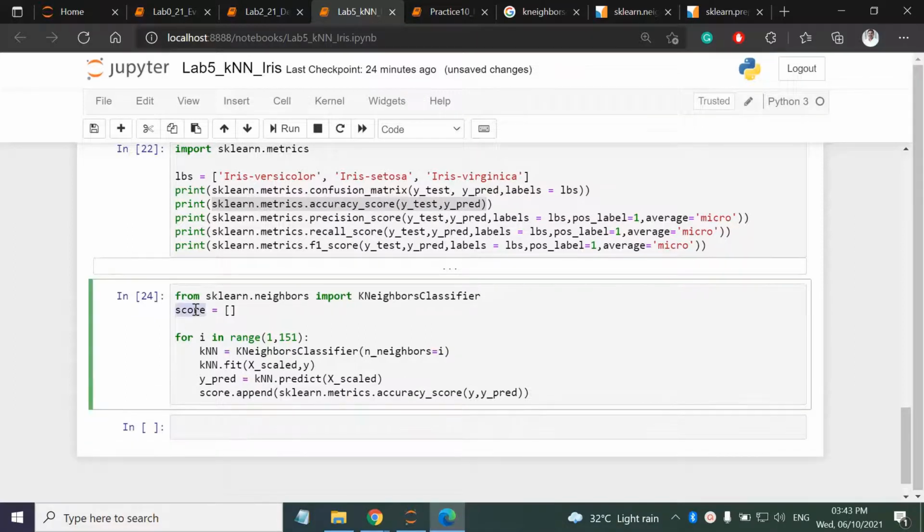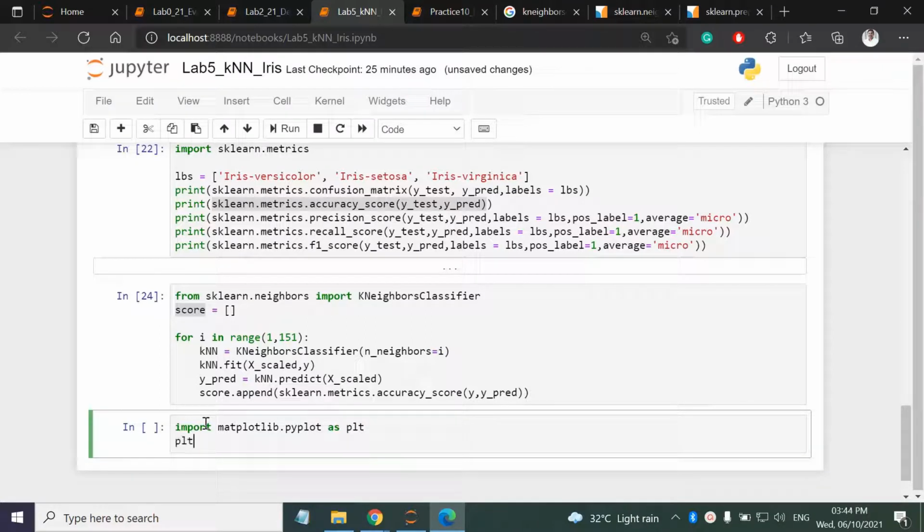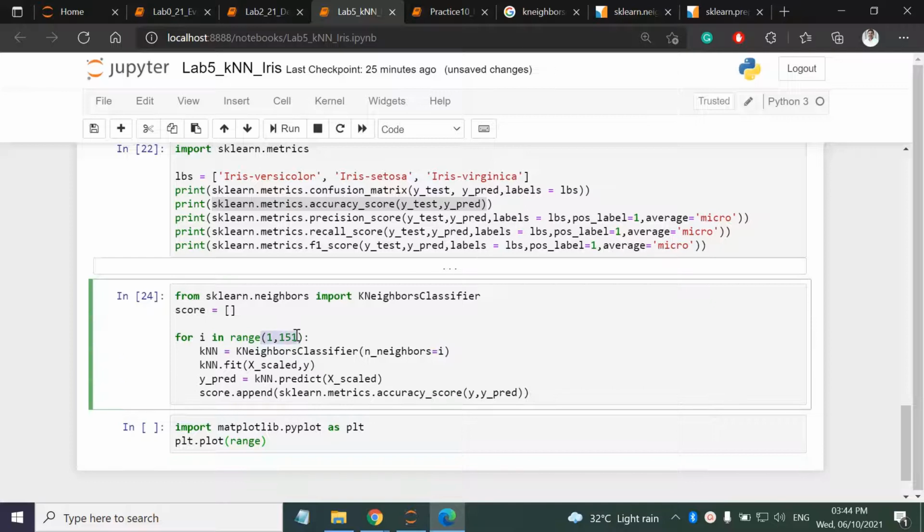The scores are here in this list, right? So import matplotlib.pyplot as plt, then plt.plot. On the x-axis we want k values, so for that use this one.